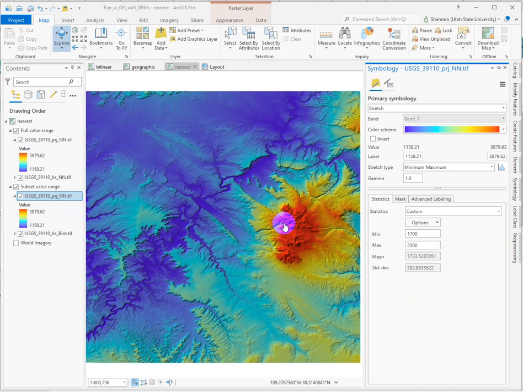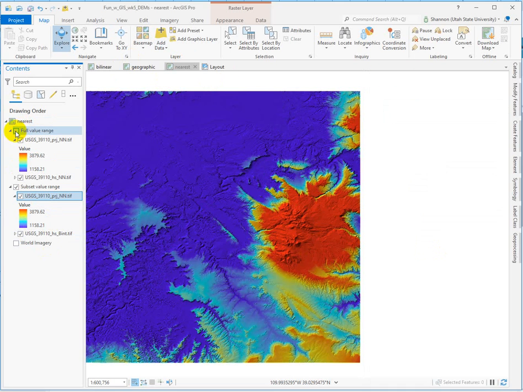And you might wonder what's happening to the colors of the cell values that fall outside that range. And this is what it looks like. So everything below 1700, so 1158 to 1700, is given the bluest, like the bottom color of this color scheme. And anything outside that upper range from 2300 to 3879 is all colored red, which is the upper end of